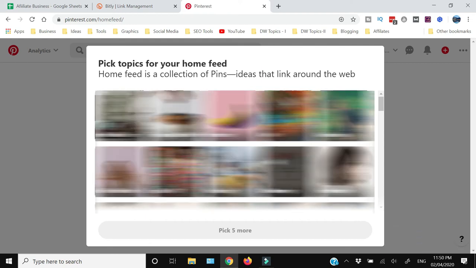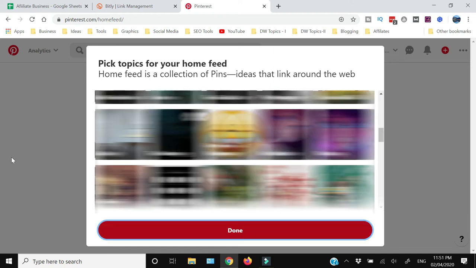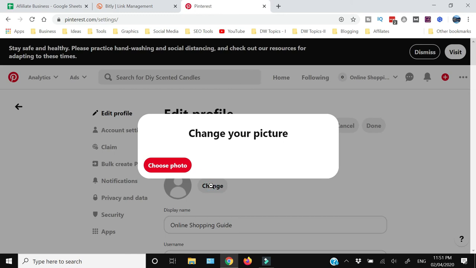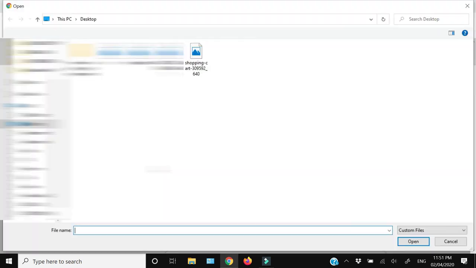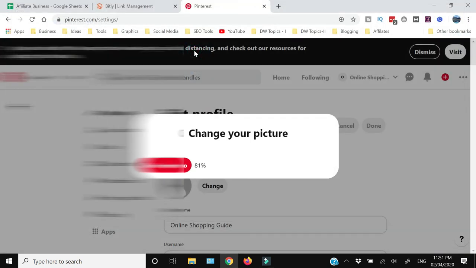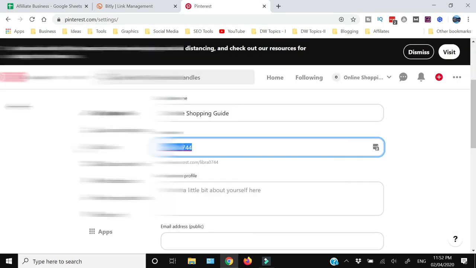Now you just need to pick 5 categories for Pinterest to build up your feed. Click done, then click edit info, and from the photo, click change and browse for the photo. You can fill in the details